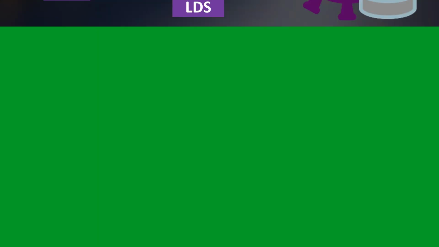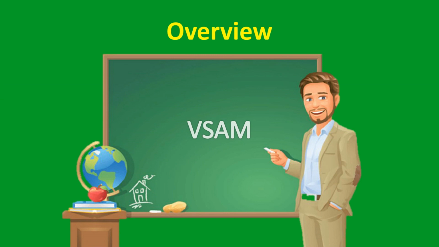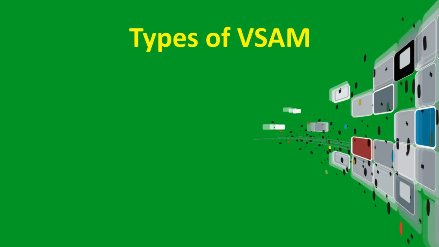Overview. Let's start with an overview of VSAM datasets. In simple terms, a VSAM dataset is a collection of data records stored on disk or tape, organized and managed by the VSAM file management system. VSAM datasets are different from other types of datasets such as sequential and partitioned datasets, which we have already discussed in the previous video. VSAM provides high performance access to data as well as data sharing across multiple applications, and offers advanced data retrieval capabilities.